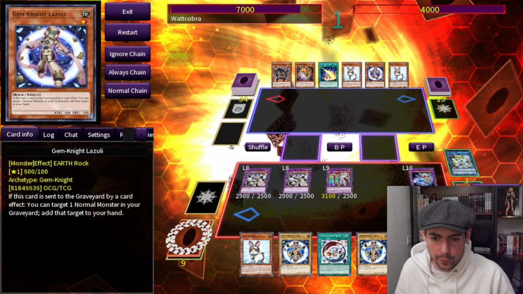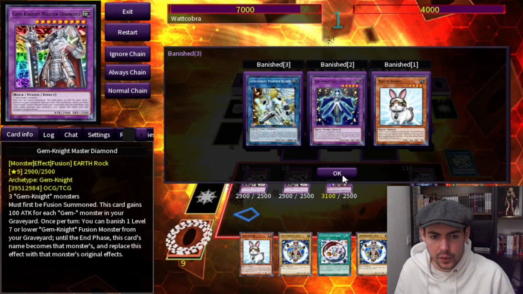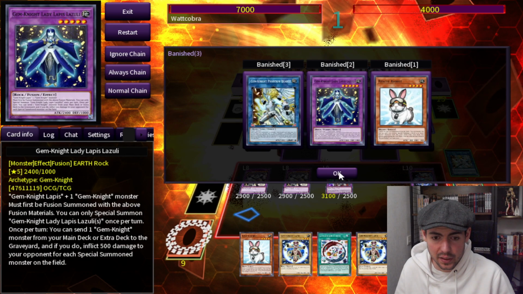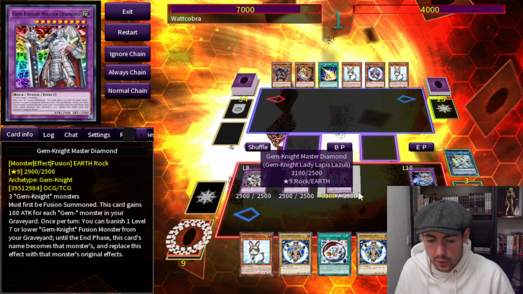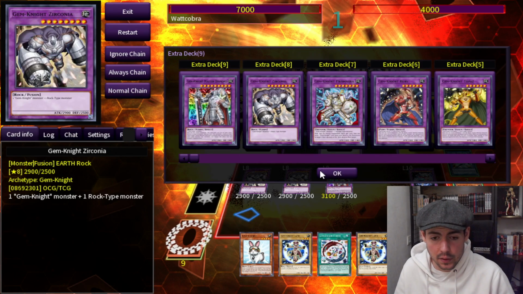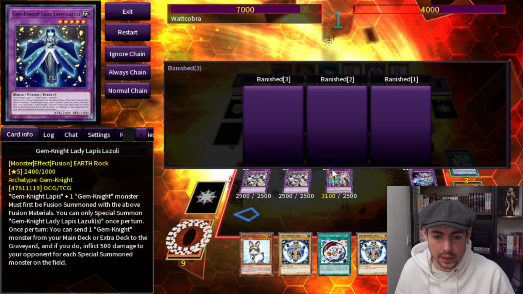First, the first summon of Lapis Lazuli, which is going to be a lot of damage. There's going to be the second step, which is Master Diamond, banish Lapis Lazuli, copy its effect, burn again. You should be left with 2,000 life points at this point. The last step is summon the second copy of Master Diamond and copy by banishing another Lapis Lazuli that you've